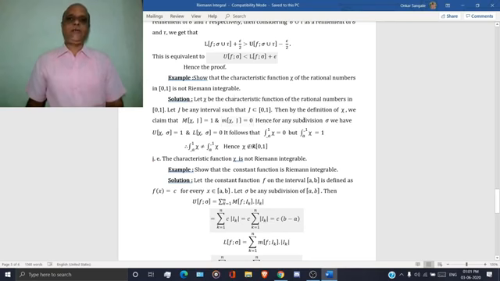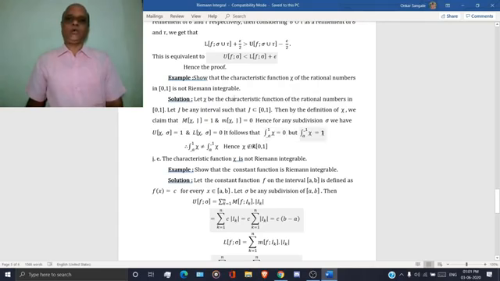Hence for any subdivision sigma, the upper sum for chi corresponding to subdivision sigma is 1 and the lower sum for the function chi corresponding to subdivision sigma is 0. It follows that the lower integral from a to b of chi is 0 and the upper integral, shown with a bar, of the function chi is 1. So clearly the lower integral is 0 and the upper integral is 1.